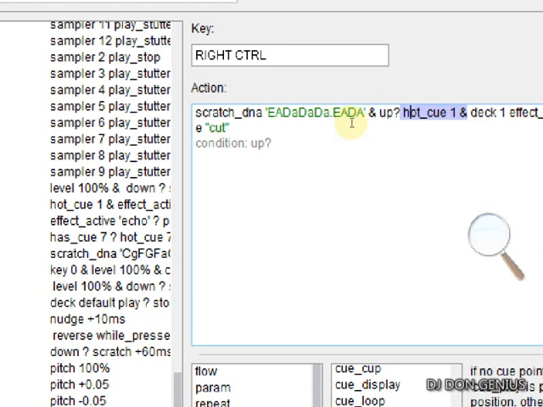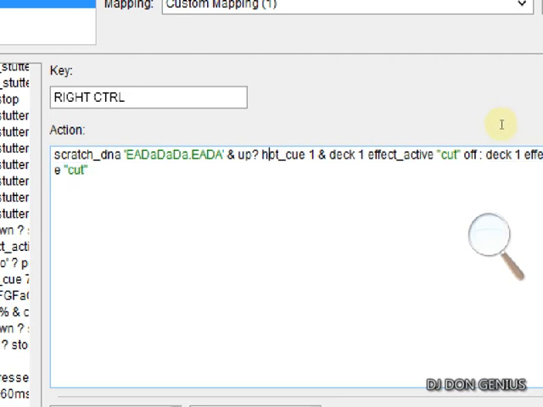Don't worry, I'm going to demonstrate it for you to see. I have a host of other features added here, which is deck 1 effect_active_chord. This command takes care of turning off the chord effect. Then the deck 1 effect_active_chord command also turns on the chord effect. This chord effect is executed on the deck that is active,